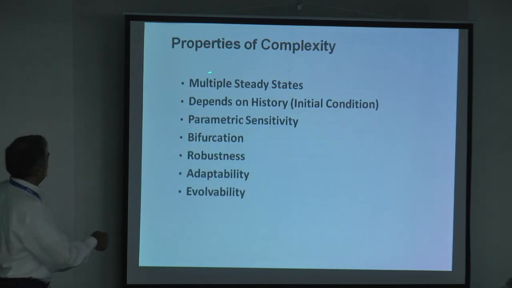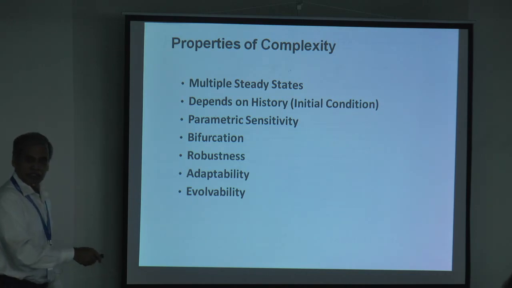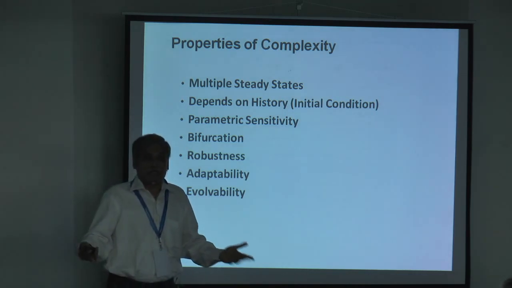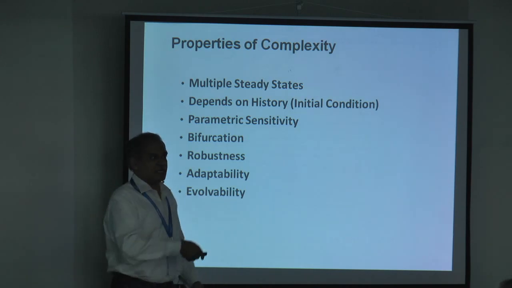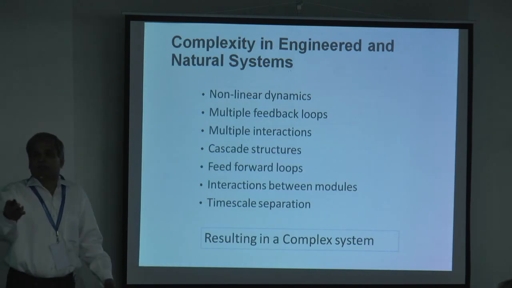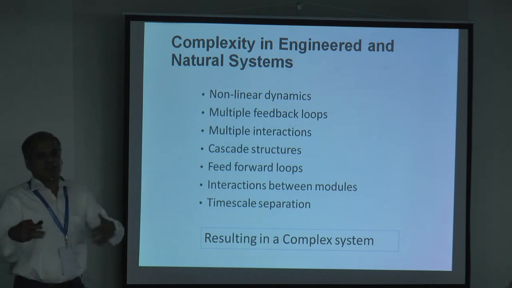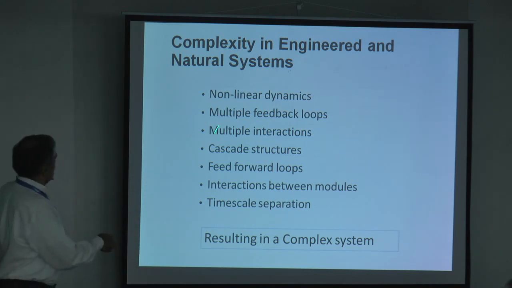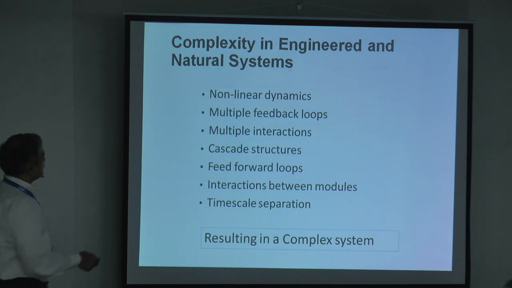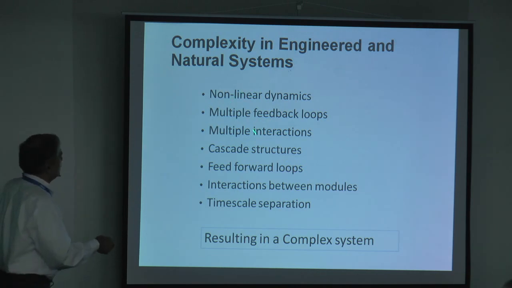So what are we dealing with? Multiple steady states, dependence on history, parametric sensitivity, bifurcation, robustness, adaptability, evolvability. These are all coming about because of the complexity. These systems are able to show these kinds of properties. What are we to deal with? Nonlinear dynamics, multiple feedback loops, multiple interactions, cascade structures, feed-forward loops, interaction between modules, timescale separation, which engineers are very familiar with. Engineers keep dealing with these kinds of things, trying to understand how systems are nonlinear and where cascade